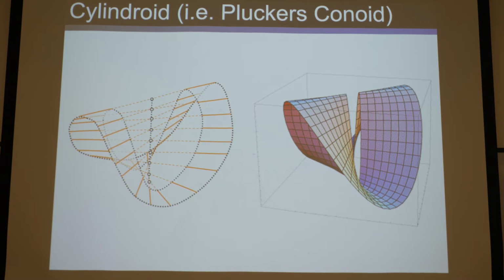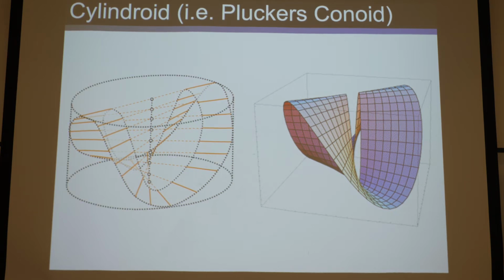The last shape is a cylindroid, or also sometimes called Plücker's conoid. Remember, Plücker is the guy that came up with the vector form for twists and wrenches. Some 3x1 vector on top, and then another 3x1 vector cross that, plus some scalar times that vector again. That form is a Plücker vector. He came up with this shape, and it's no wonder, because this is a linear combination of two Plücker vectors. Really what it is